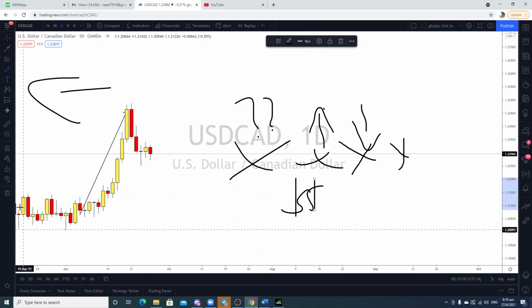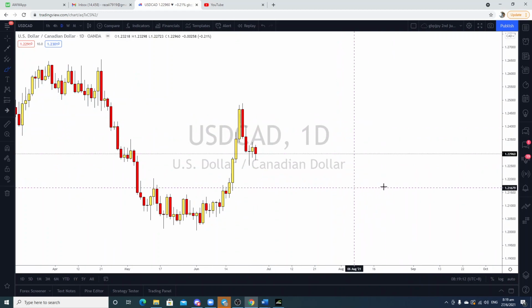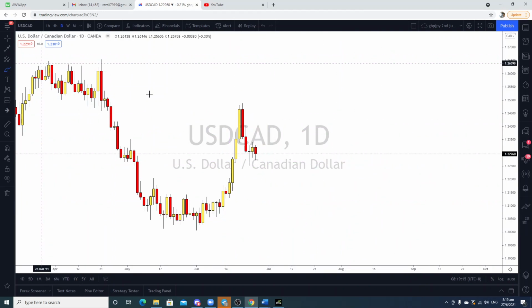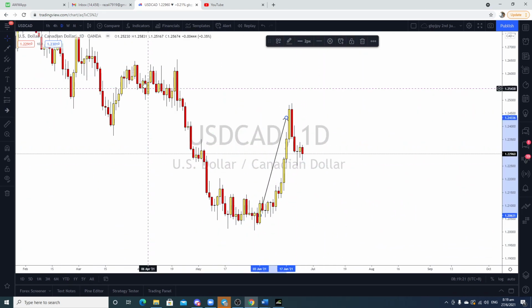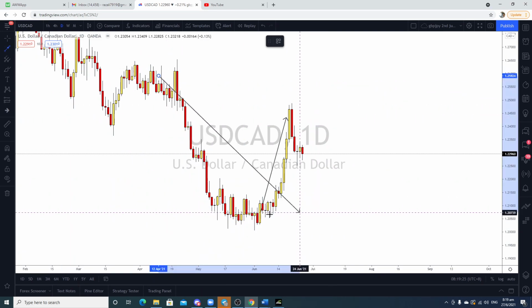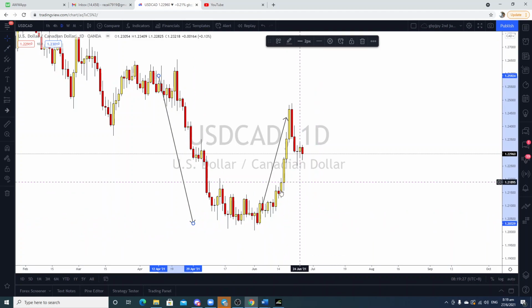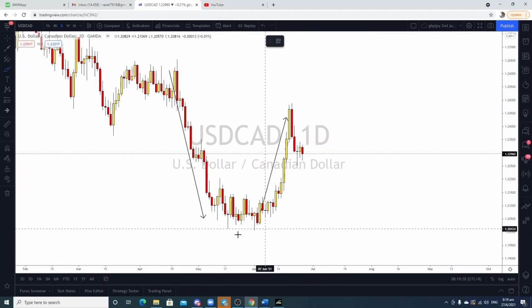So now let's begin. When you look at this market, I ask myself, what is this move? Before this move happened, what was the market doing previously? It was in a downtrend. So you must ask yourself what the market was doing previously before you see what is happening right now. We knew that the market was on a downtrend previously, which was a very strong downtrend. And then what happened? What is the information that we're having here?